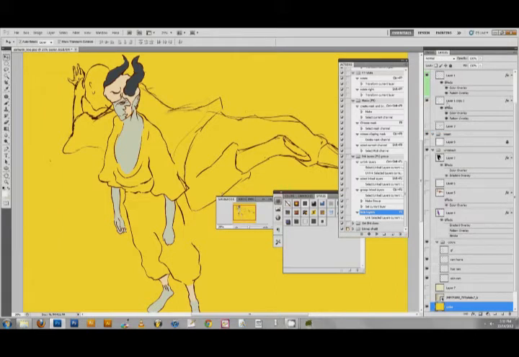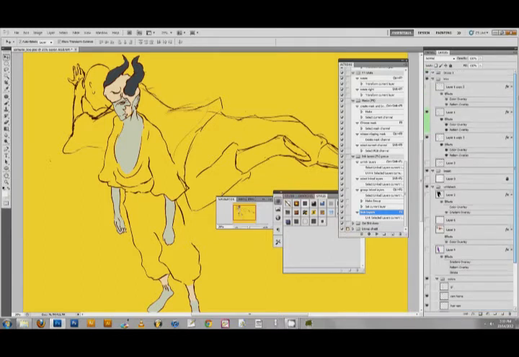But this one does something different, where you can pretty much grab layers and just put them together into a single blob without having to group them, essentially without having to put them in the same folder. Let me show you a quick example. I'm just going to turn on that layer and turn on this layer, and so you can just see them.